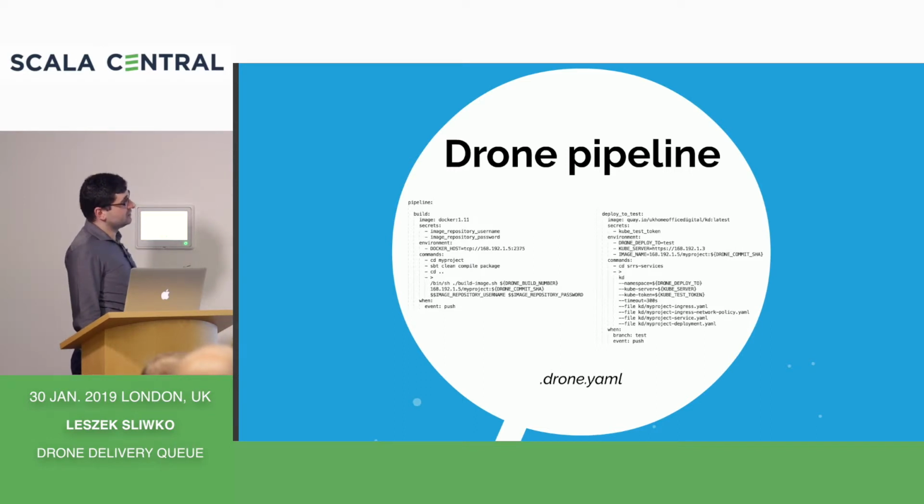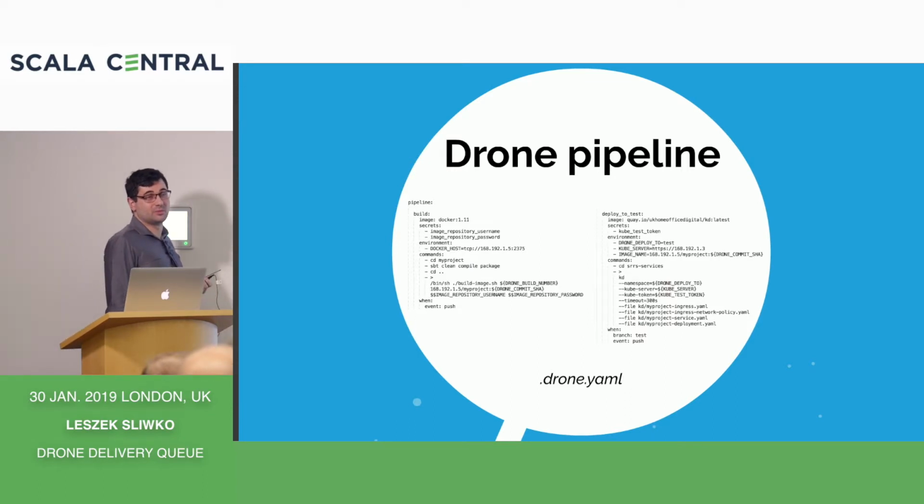What's interesting here? You can see it uses a couple of environment parameters. Some of them are provided by drone, some of them are provided by us when we configure them. And that's it. That's everything you need to build and deploy a production image. It's very concise. That was everything.